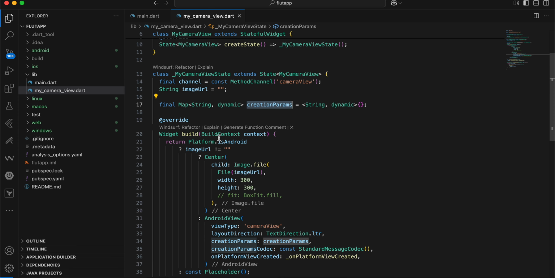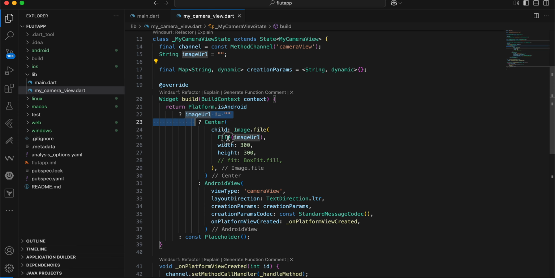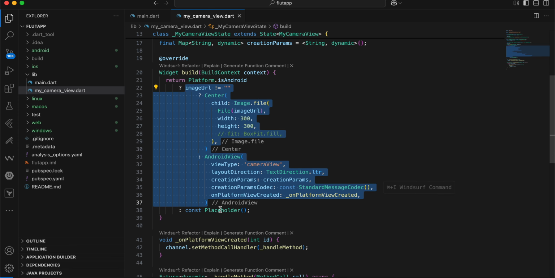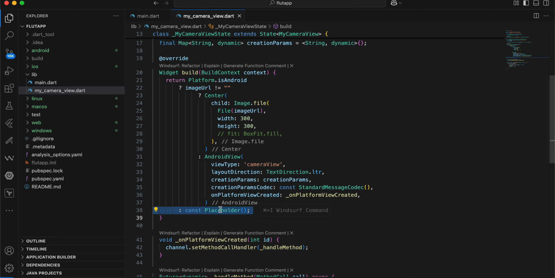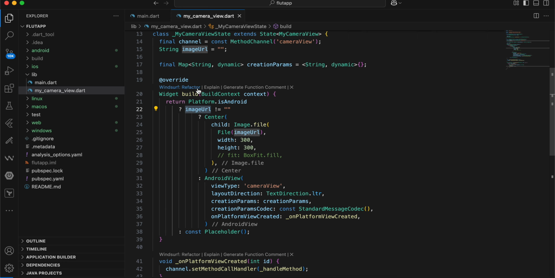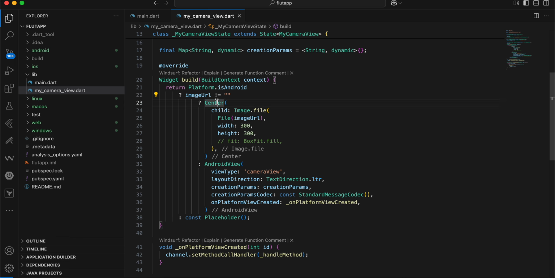Now if platform is Android, then we are using this code, which I'll come back to in a bit. Else for all other platforms, I'm just displaying a placeholder, because we are not really bothered about other platforms for now, in this tutorial at least. Then here we have this image URL not equal to empty. Then here is our center widget. Okay, if we get the image, once the image has been captured, we